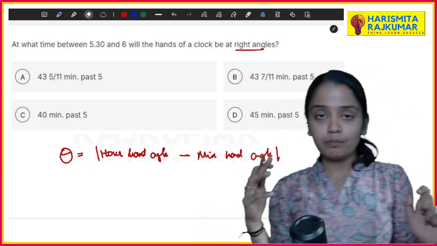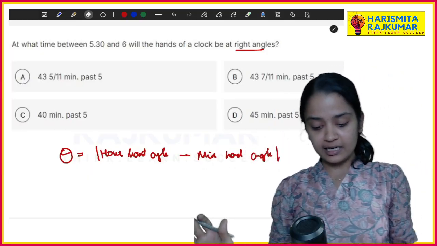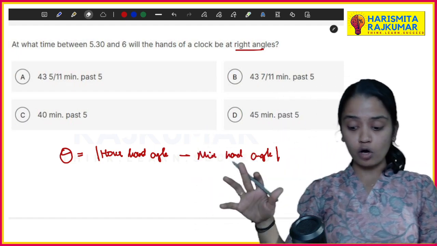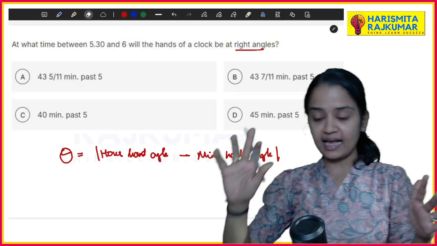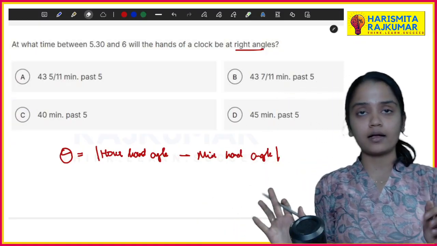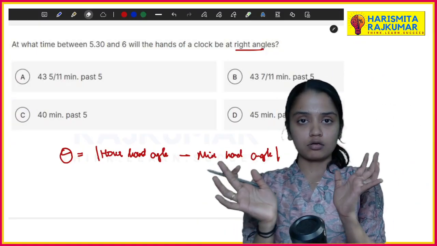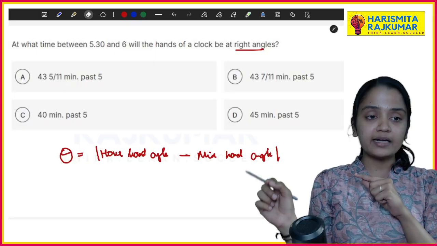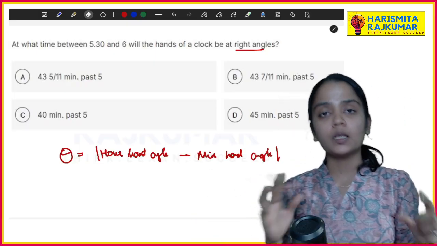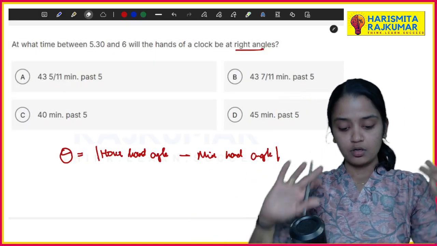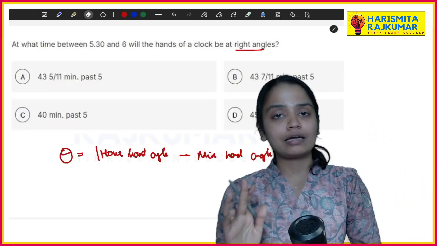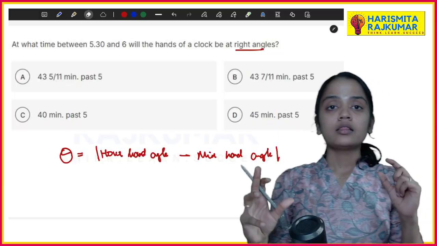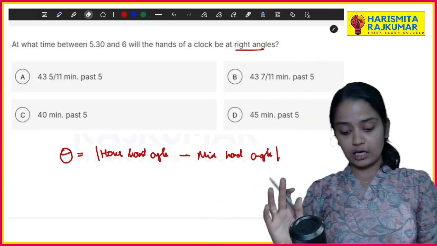At what time between 5:30 and 6 are the hands of the clock at right angles? So you have a clock between 5:30 and 6. If you take the minute hand or hour hand, when will it be at a right angle? That is the question. For that, you have to understand a formula: theta is nothing but